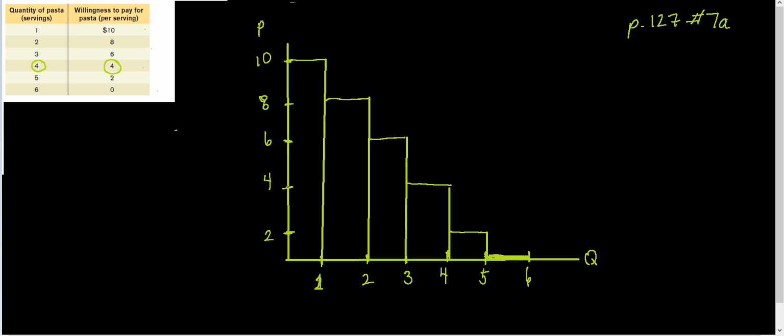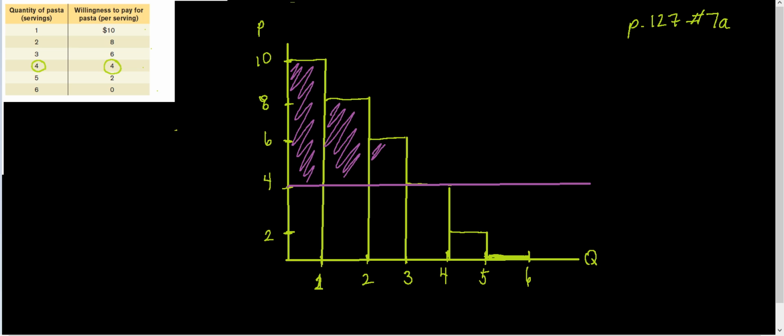Then we can show Ari's surplus by calculating the area of the shaded portion of these bars. So it's the portion of Ari's demand that is above the market price of pasta. And so if I go ahead and do that,